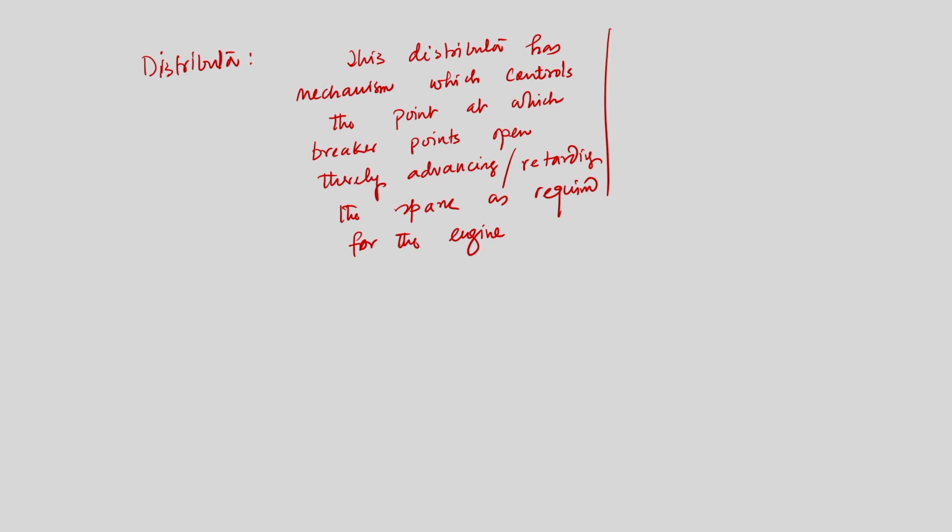To understand the mechanism behind this development of high voltage, to step up the voltage from a lower one to a higher one, we need to know one thing. I would explain by again drawing one schematic. Say we have